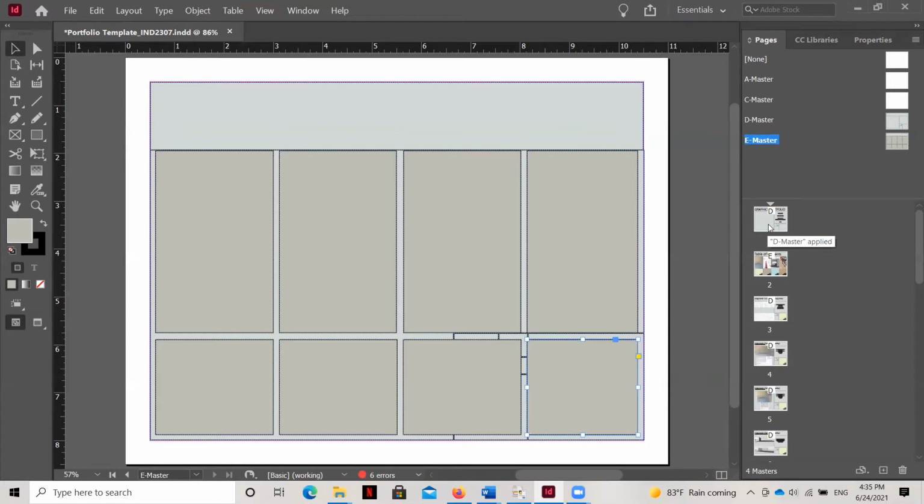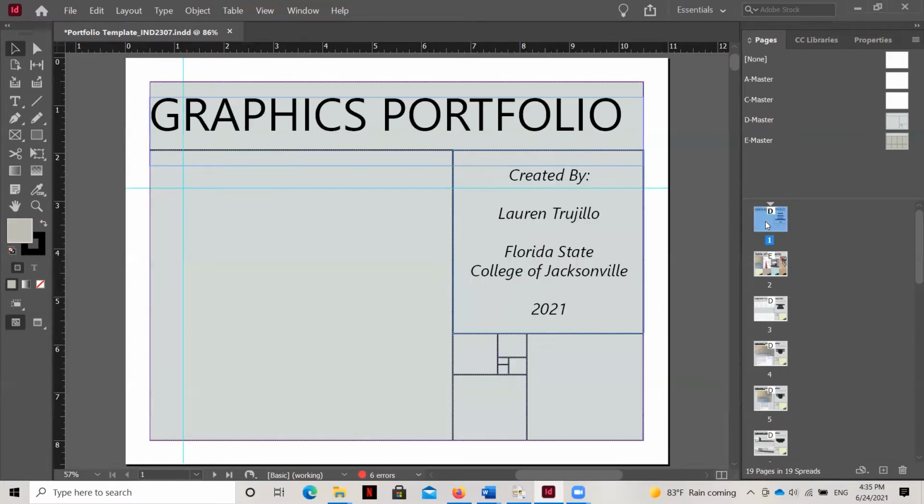And so if I go and look at this very first slide here, and I may use the term slide and I may use the term page throughout this, but I mean the same thing. This one has the D master page applied to it. And the way that I did that was I clicked over here and I dragged the D on top of this and let go. And so that's how we ended up with that D. And if I hover over, see it says D master applied.